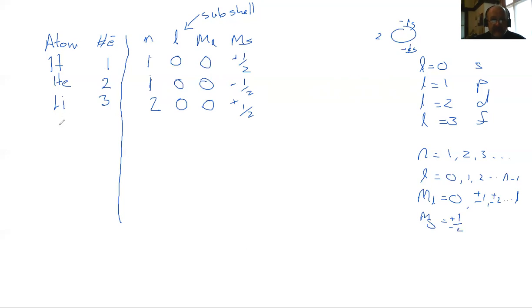Let's go choose the next one, lithium. What's after lithium? Beryllium. Well, we've only done 1 of the 2 spin states, so we can go 2, 0, 0, minus half. So these 2 here, these are 1s orbitals. We call this 2s because it's the second shell, and this value is equal to 0. Okay, after that we go on to boron. Boron's going to have 5.